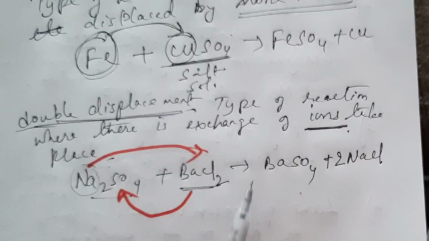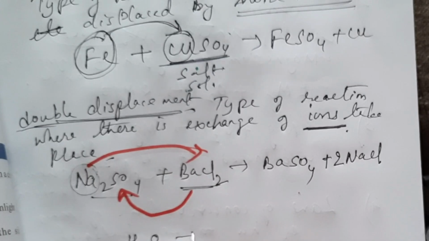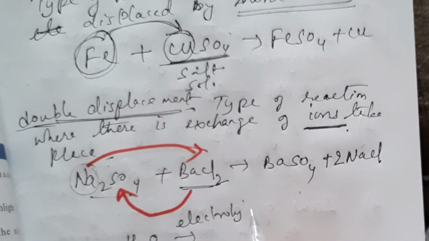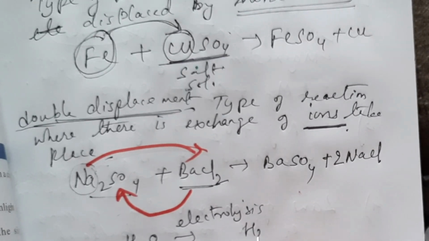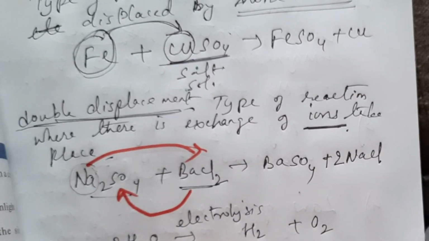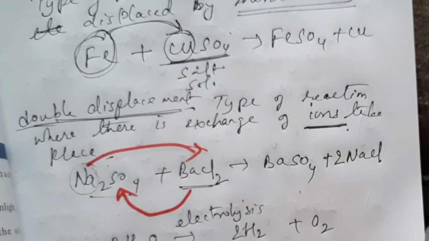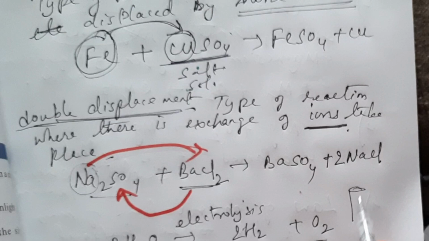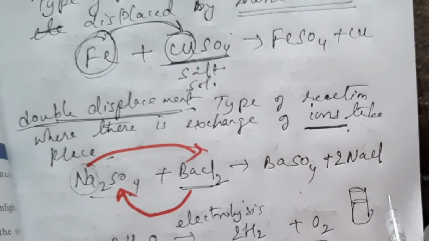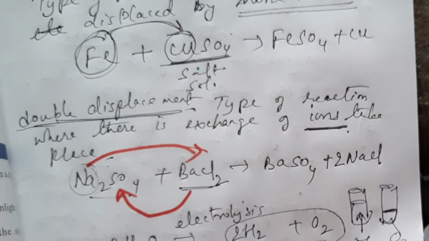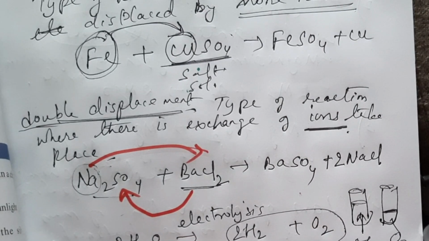For this we will write that this is decomposition of water. As we know, water is made up of hydrogen and oxygen. If we decompose it, that is electrolytic decomposition. When electrolysis is done, it will split into hydrogen and oxygen molecules. When we see the amount, hydrogen is twice compared to oxygen. That's why in one of the test tubes we find the gas which is double the other. The one which has half is oxygen and the other which has double is hydrogen, as per their molecular composition. So this is one of the important questions.